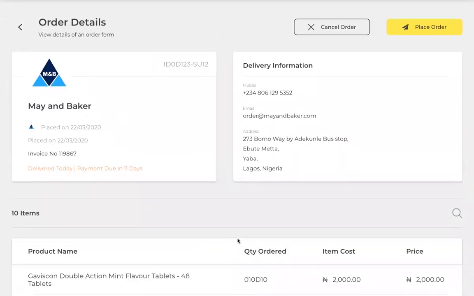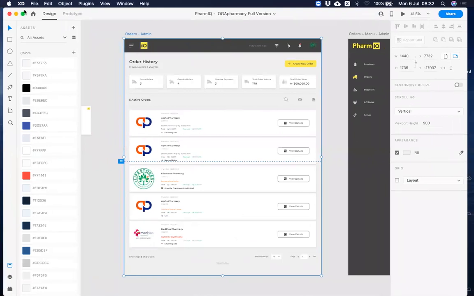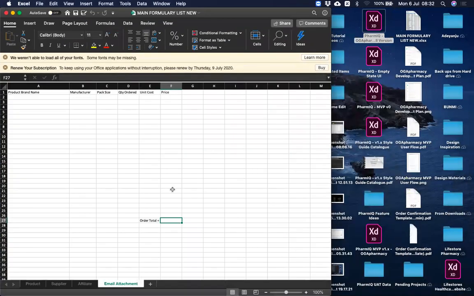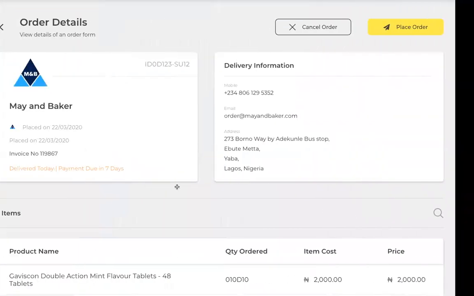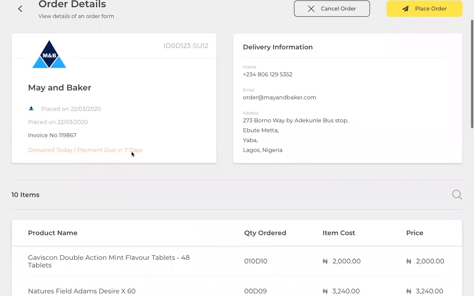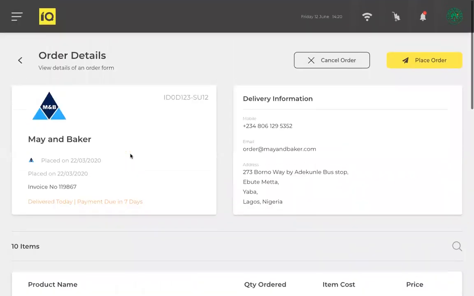So what he's currently doing manually, where he receives the form in a CSV and he sends them manually to the affiliate, he's able to do that from the software in the future, definitely. And you can see the status: delivered today, the payment is due in so many days, depending on the credit terms for the supplier. So yeah,